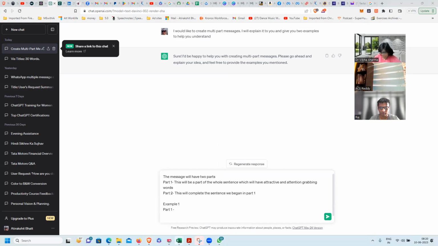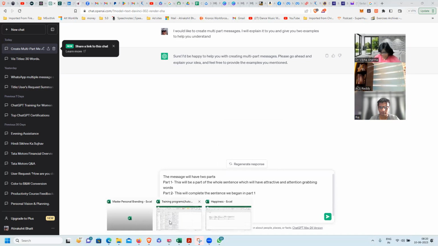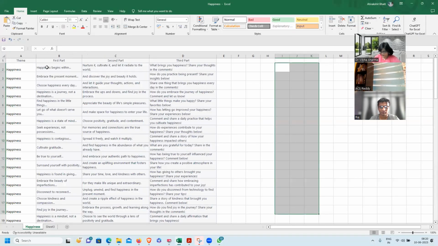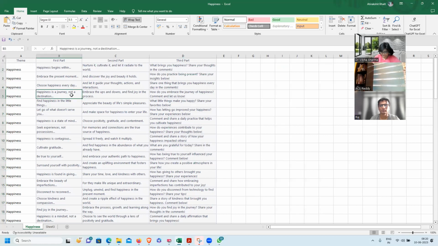I'll just refer back to my Excel sheet because, of course, I don't remember all of them. Okay, let me pick up this one. Now, see what happens, right? If you look at it, happiness is a journey, not a destination. Embrace the ups and downs and find joy in the process.